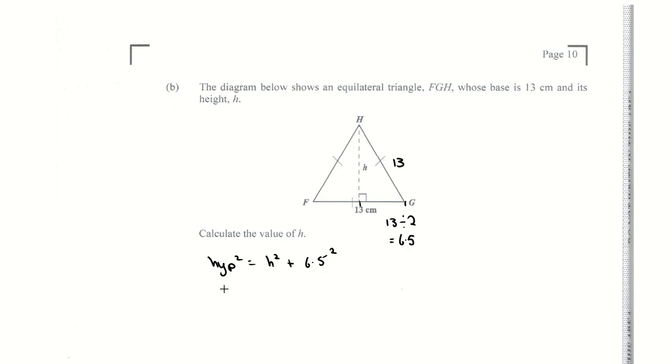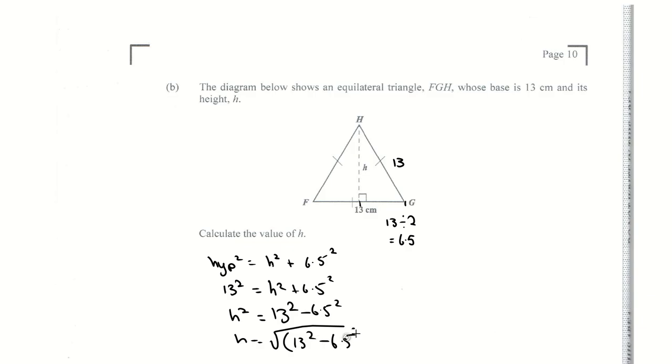So it would be 13 squared is equal to h squared plus 6.5 squared. So h squared is going to be 13 squared minus 6.5 squared, and h is going to be the square root of open bracket 13 squared minus 6.5 squared close bracket. That exactly how I have it is what you're going to put in your calculator: the square root of open bracket 13 squared minus 6.5 squared close bracket, and you're going to get an answer of